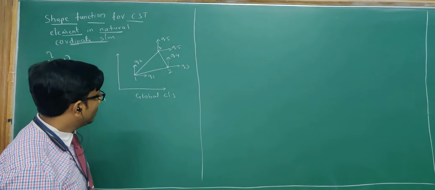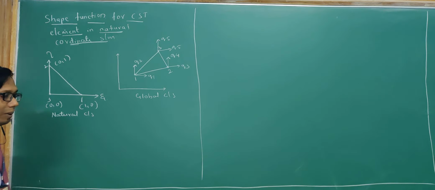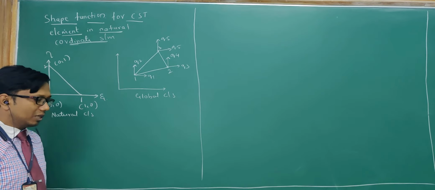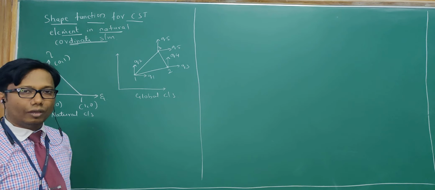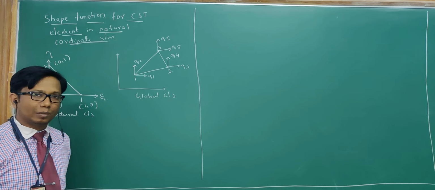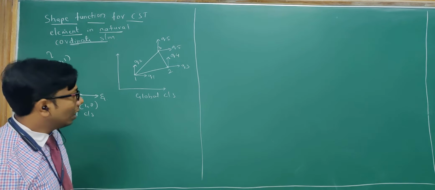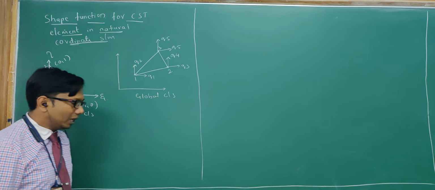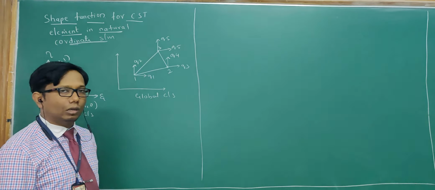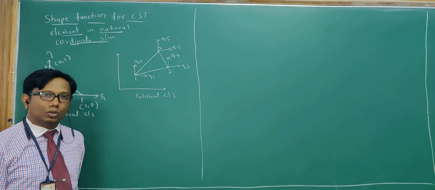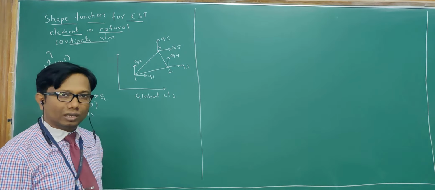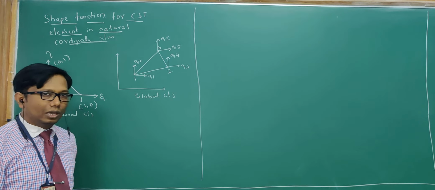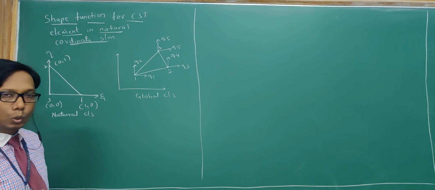So today we will be studying this CST element, that is called a constant strain triangle element. These elements are used wherever we have a plane stress and plane strain condition. You know that in the plane stress and plane strain condition, whenever we have a particular component whose length and width is much higher compared to its thickness, we will be solving that as a plane stress condition. In that case, we will be using a 2D element.